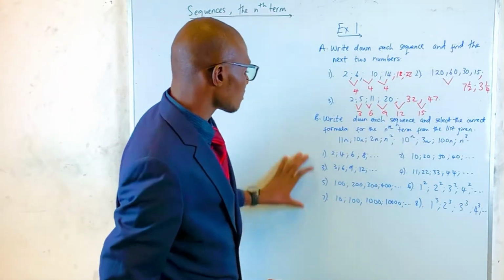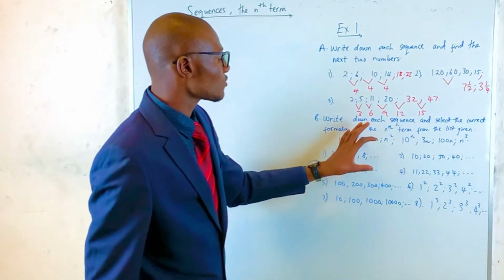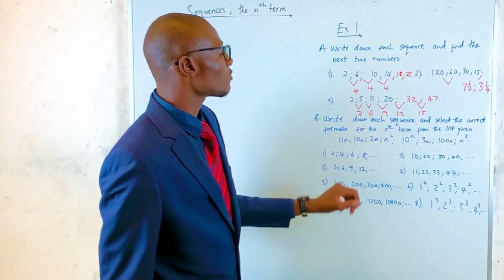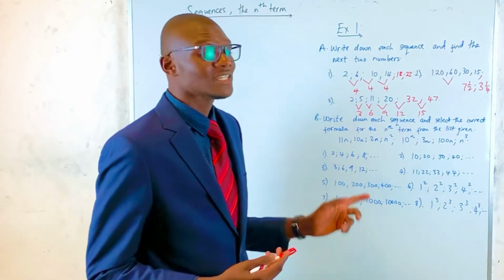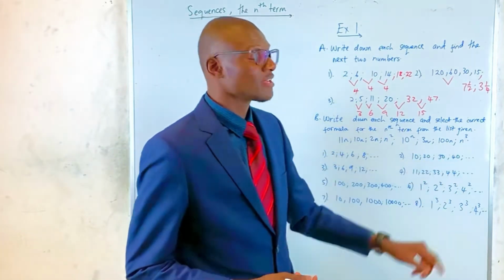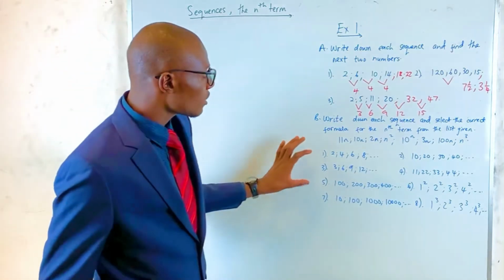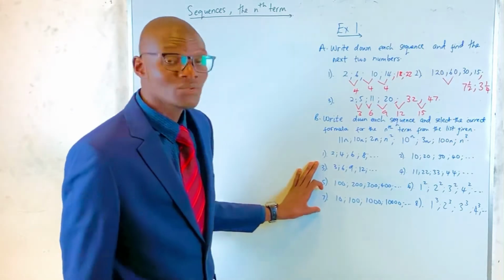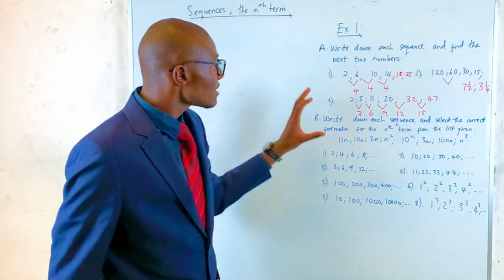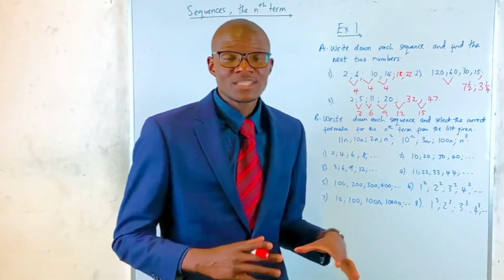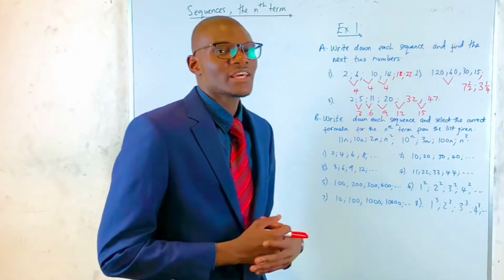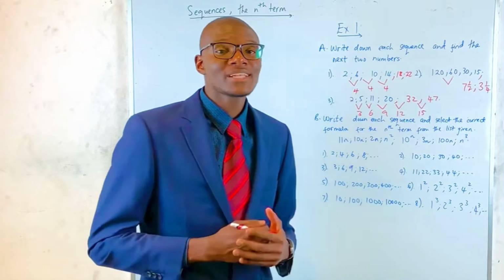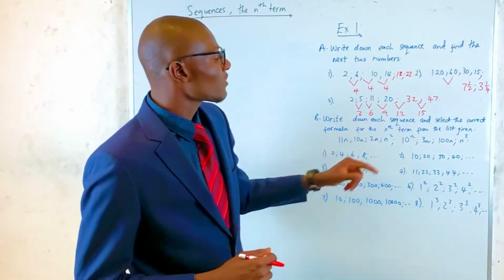Then now moving on to this section here, we're asked to write down each sequence and select the correct formula for the nth term from the list given. So this is the list that we're given, and we're supposed to identify the nth terms for these sequences. Like I said, what we're basically doing is simply applying logic here, whereby we study the sequence that we have, we see the pattern that's followed there, and then we get to